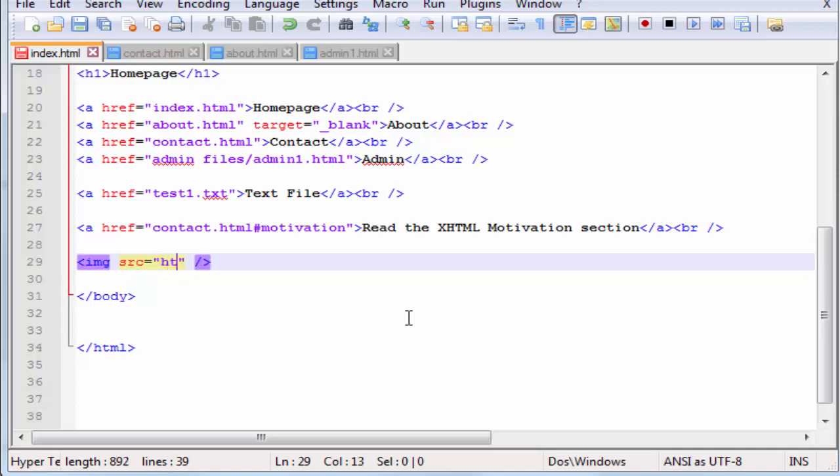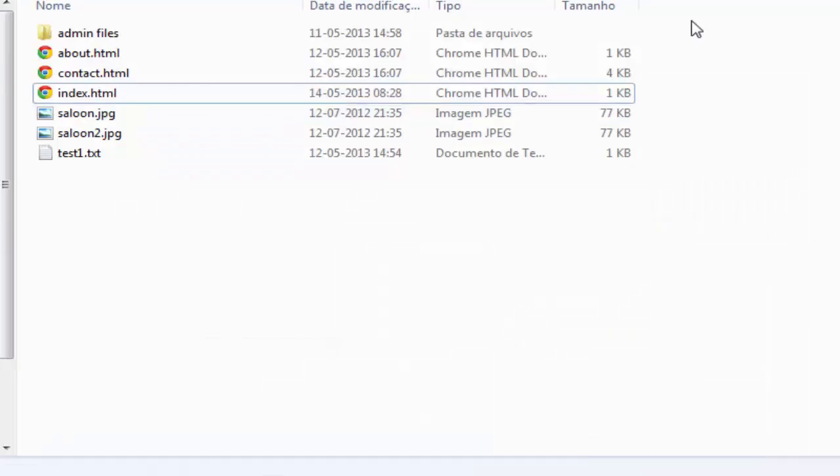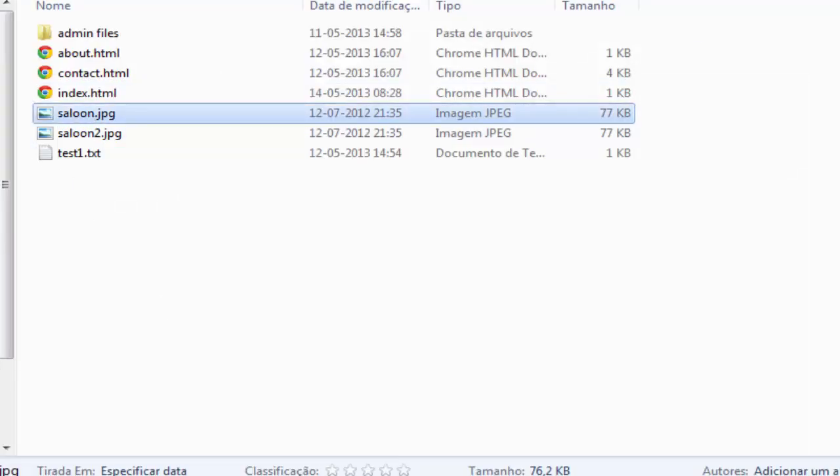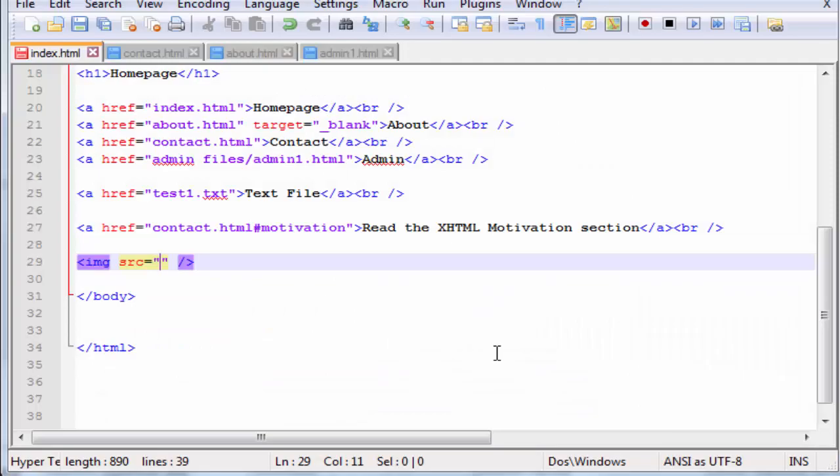So you can either load an image from a URL on another website, or you load it locally from a file that is local on your website or your computer or your server. Okay, so I have mine here, which is saloon.jpg. So let's just load that,